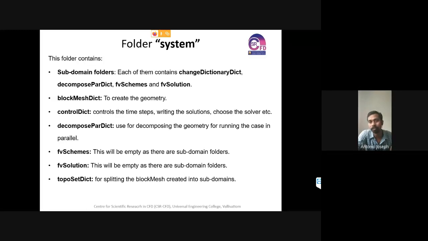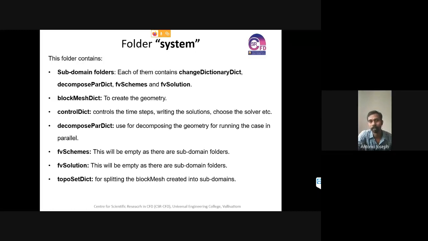In that dictionary file we specify the patches, giving some commands, and while executing, they will be automatically mapped. So that's what we are doing in that particular case.